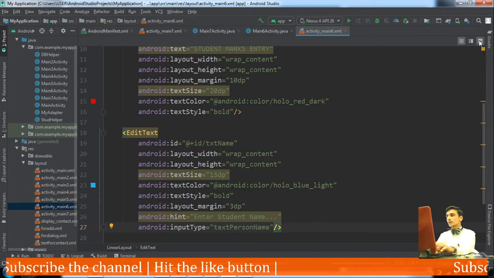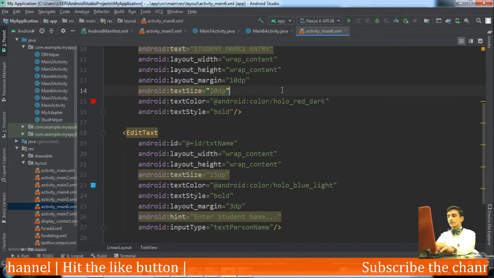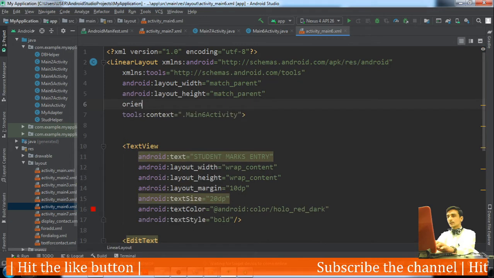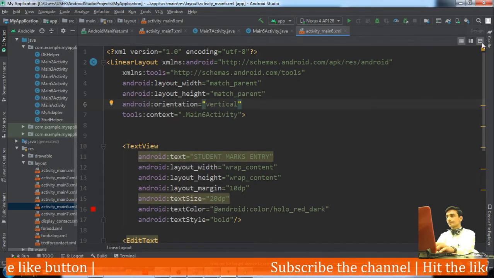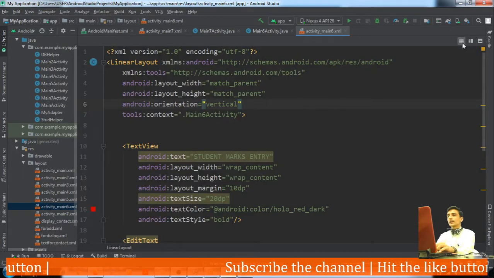We need to set the orientation of linear layout as vertical in this case.